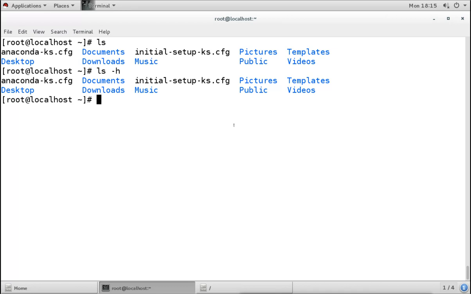Now if you see the output of both the commands, normal ls and ls -h, you will not see any difference. You will not see any difference because the difference with this h option we can only see when we run this with the L option.